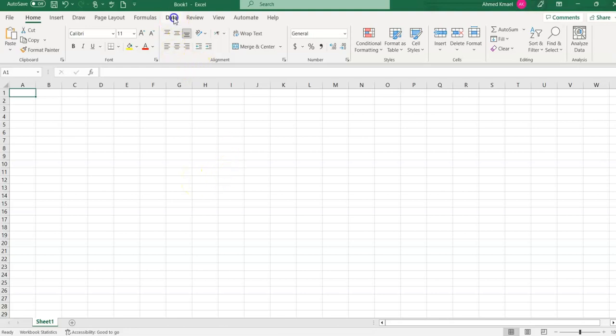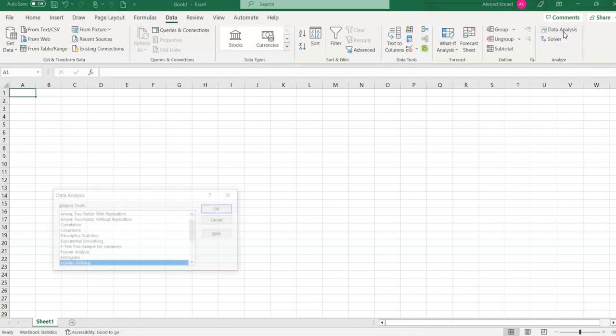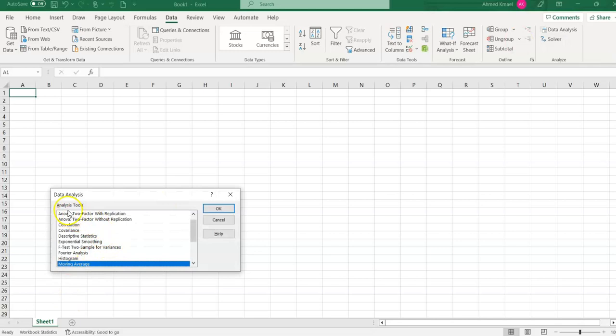But if you go under the data tab and you go to the right side, you will see data analysis and solver already installed. When you click on data analysis, these are all possible analysis tools that exist built in Excel, and you can pick whichever one you want to use, from ANOVA to descriptive statistics, correlation, histograms, regression analysis, hypothesis testing. As you progress through the topics, you can use any of these if you have the